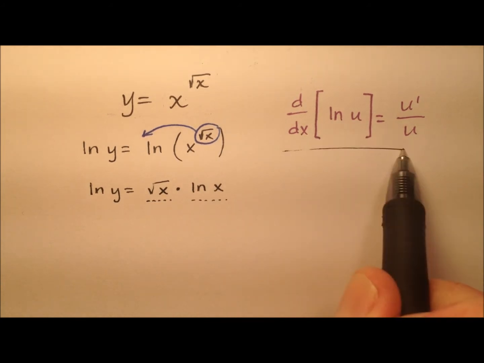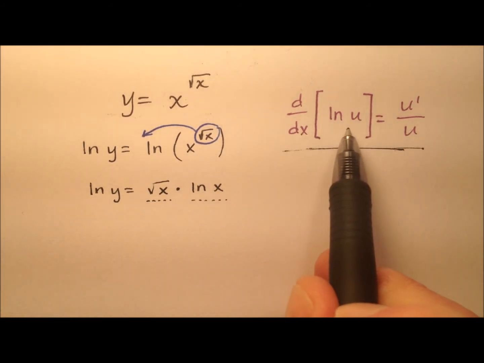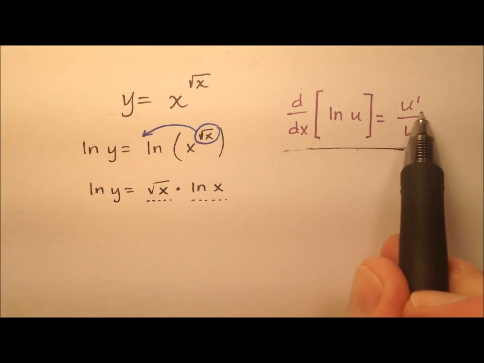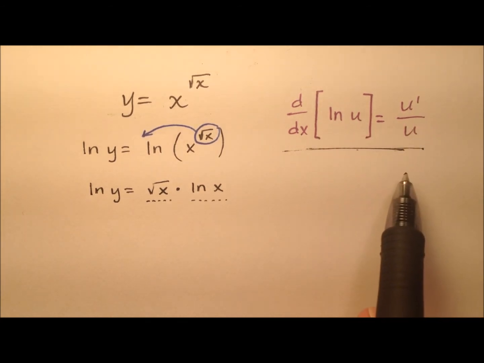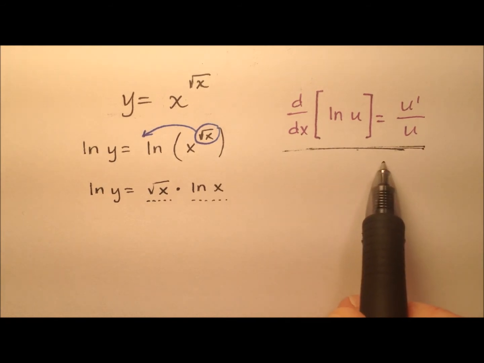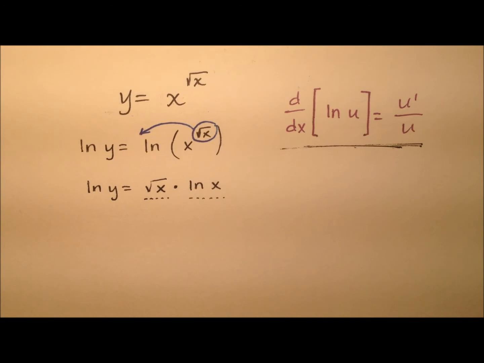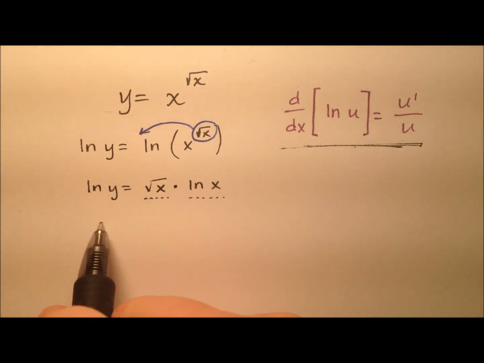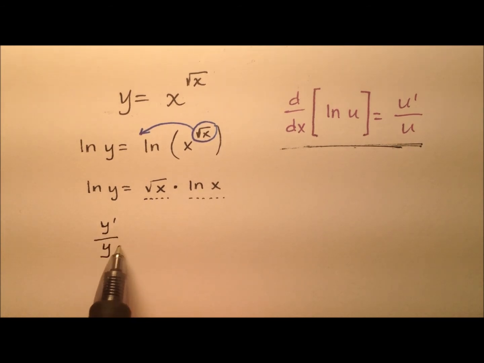Okay, I've also included here this derivative rule, so it's the derivative of the natural log of u, and that derivative rule states that that'll be u prime over u. And this is just one of many derivative rules that you can find typically in the front cover of your calculus book. Okay, so the derivative of the ln of y is going to be y prime over y,